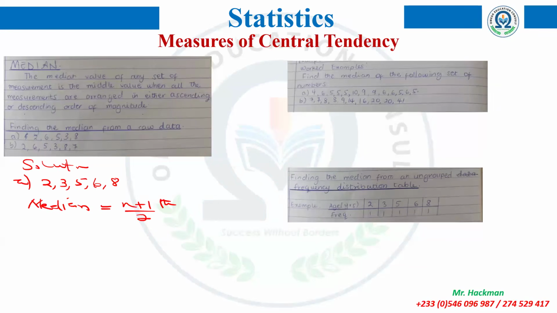Take note. This particular (n+1)/2, you can use it for both odd and even. No issues. I'll tell you what to do in each situation. So here, let's count where n will be the number of observations. So the median position will be 1, 2, 3, 4, 5. So it will be (5+1)/2. Don't forget your th for you to know that you are dealing with the position. So this will give us 6 over 2, which indirectly will give us